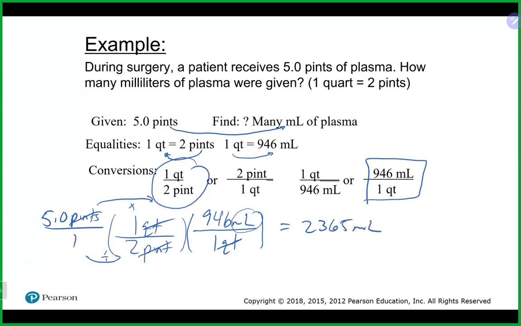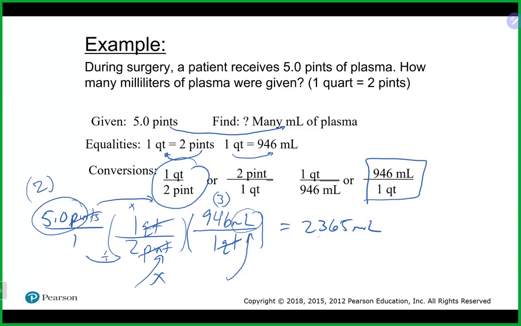We now want to think about our answer in terms of significant figures. Do I need to worry about this conversion factor here? The answer is yes. That is a metric to English conversion. So we need to look at 3 for that one. How about this one? That one is no. That one we do not need to worry about. And we do need to worry about the original number here, which is 2. That means our answer should end up with